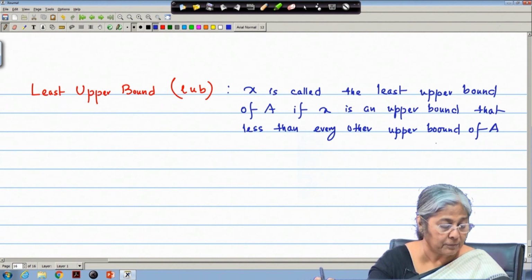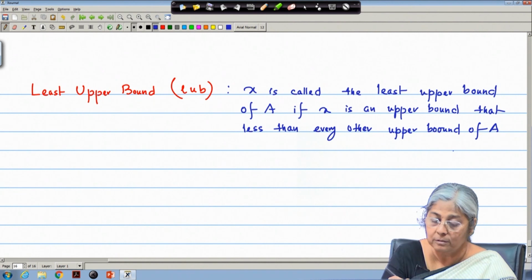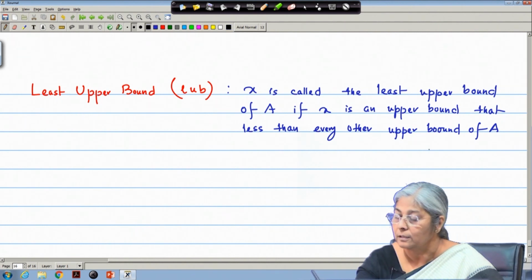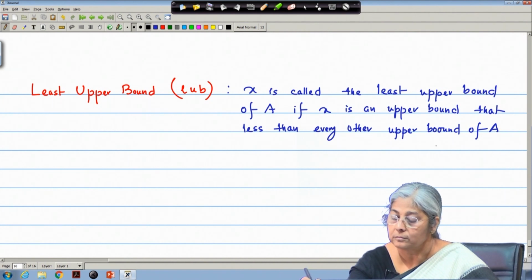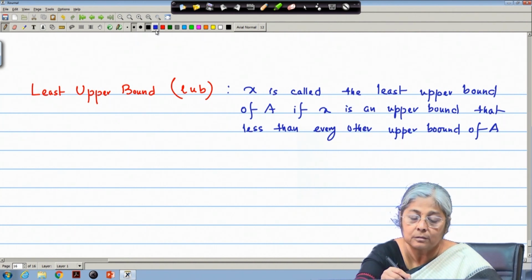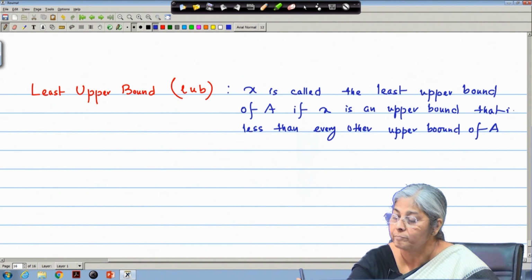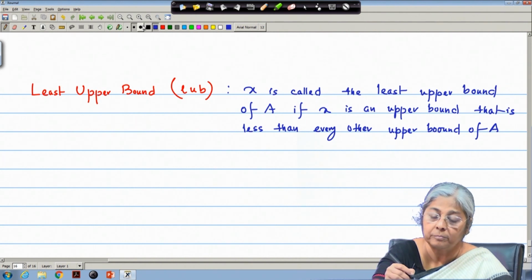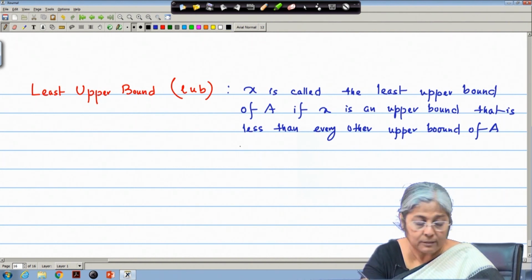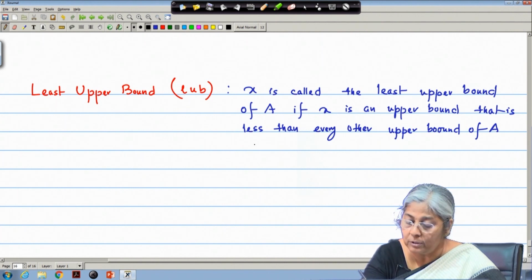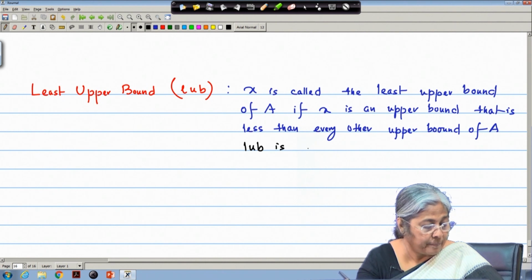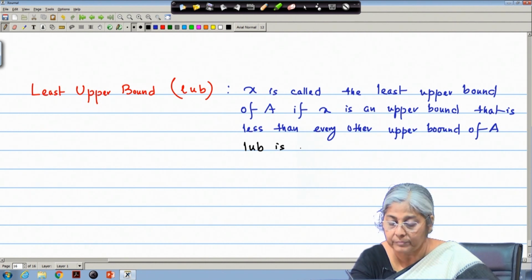So, it is only one element. So, LUB is, I can write, that which is less than every other bound of A. So, I can write that LUB is only one element,